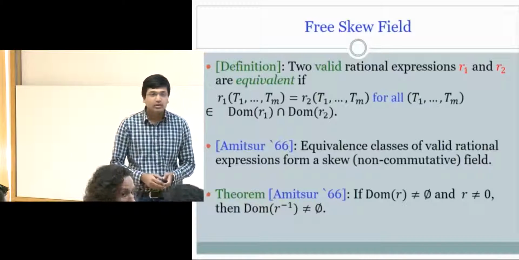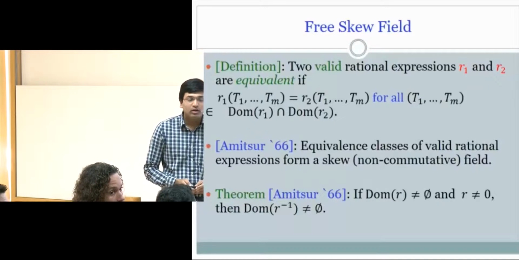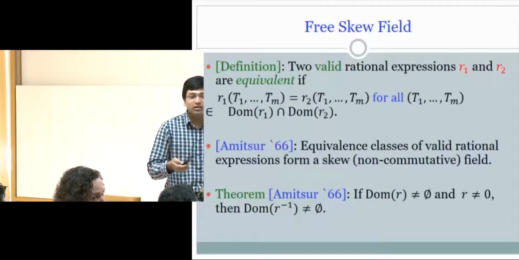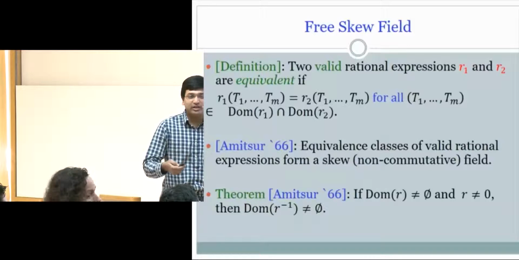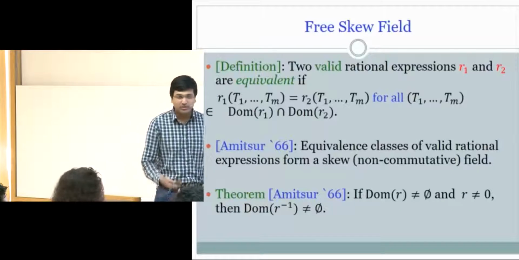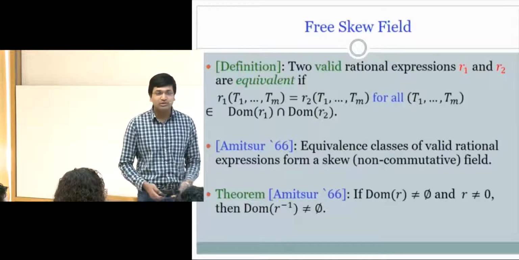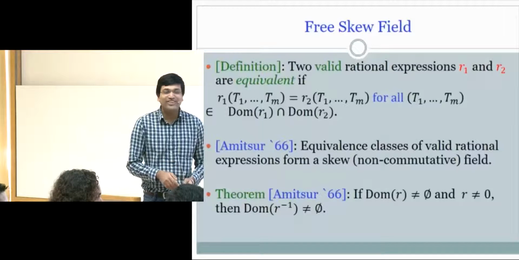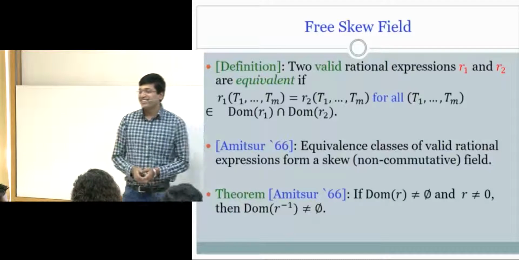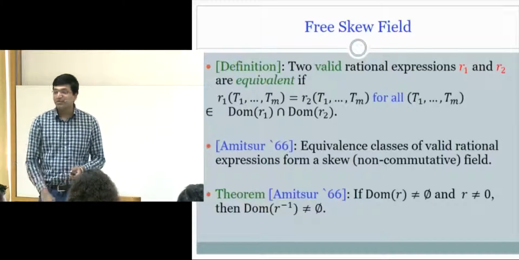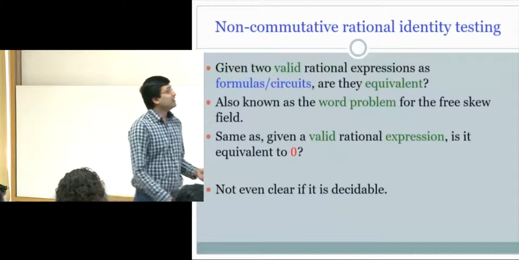As identity testing, this problem captures the normal non-commutative circuit identity test. Well, it depends how you are given the rational expression. If the rational expression is given as a formula, then it only captures the formula identity test. If it's given as a circuit, then it captures that. The normal thing is without division, and this is with division. Oh, okay. So can you explain that universality? Yeah, let's talk about that.